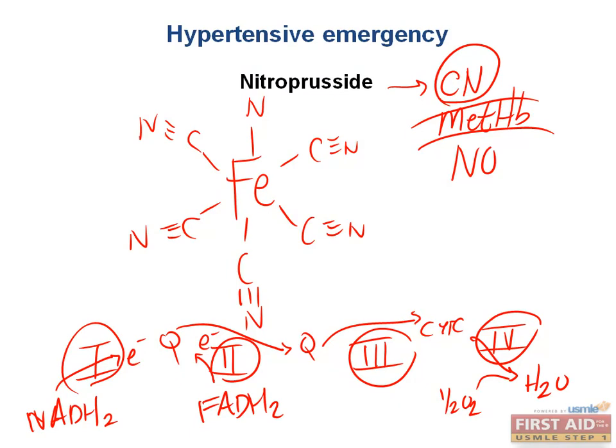Cyanide is a potent inhibitor of the electron transport chain because the target of cyanide is the cytochrome C oxidase. It is the last transporter between complexes. It receives electrons from all of the other complexes. So here we have the coenzyme Q that is transporting electrons from complex 1 that came from NADH and complex 2 that came from FADH to complex 3, and eventually cytochrome C receives all of these electrons, and it helps transport these electrons to a proton that is coming through the ATP synthase, which is part of complex 4, and